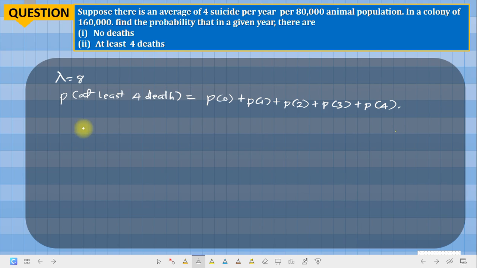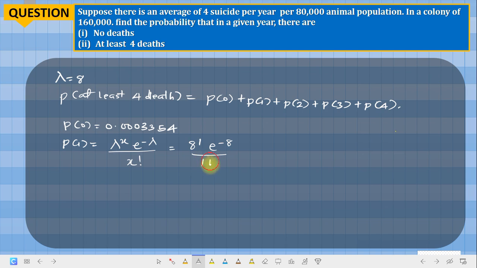So let's look for each of them. Now we've already gotten the probability of 0 deaths to be 0.0003354. Now the probability of one death, which is P of 1, will be equal to lambda raised to the power of x, e raised to the power of minus lambda, all over x factorial. And this will be equal to, where's our lambda? 8. Where's our x? 1. 8 to the power of 1 times e raised to the power of minus 8 all over 1 factorial. Of course, we know how to press this in our calculator now. Now, this will give us